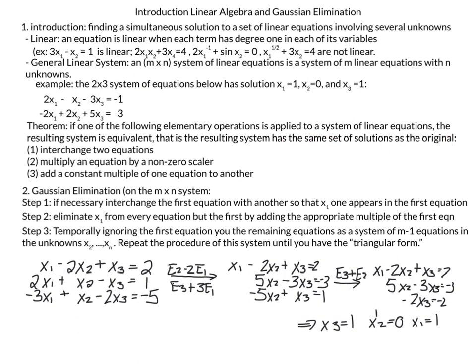So we can interchange two equations. We can just move them in order. We can multiply an equation by a non-zero scalar. So again, if I multiply this by 2, or maybe this by 3, I still have the same system of equations, same solutions. We can add a constant multiple of one equation to another. So I can add 1 times this equation plus this equation, and my system of equations will have the same